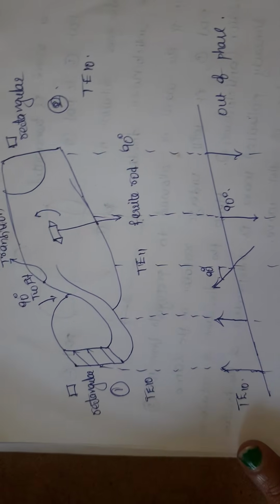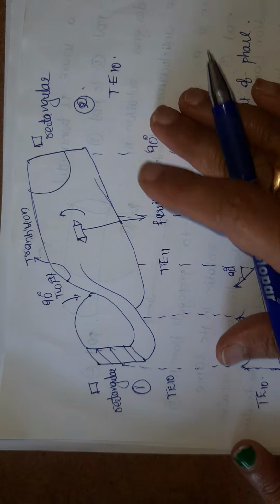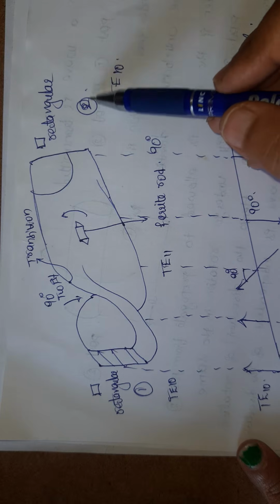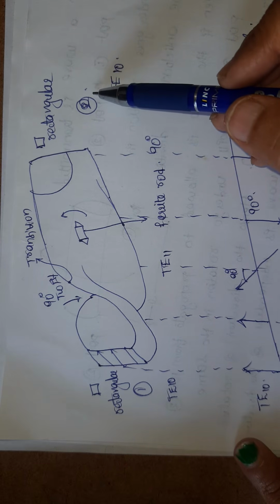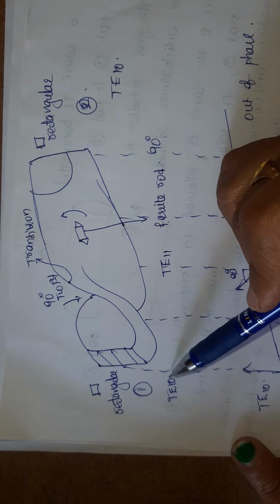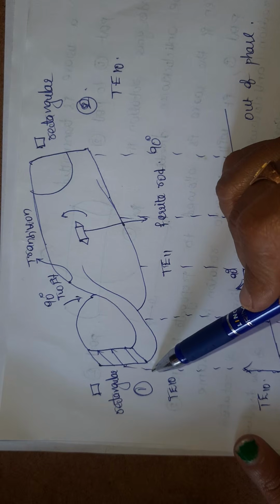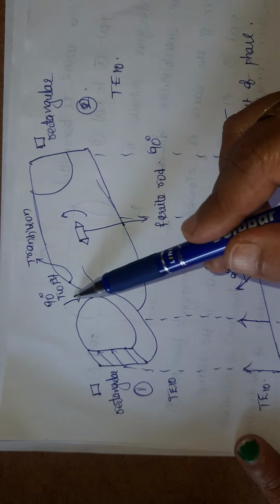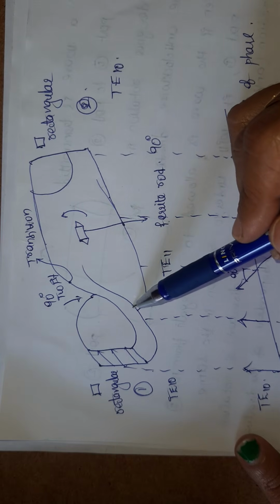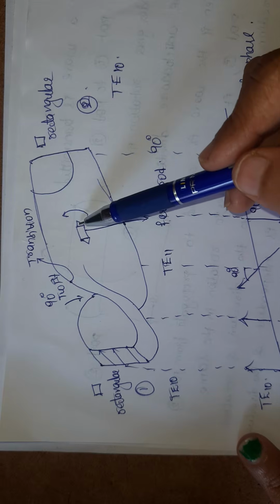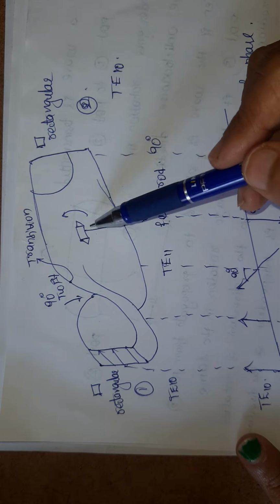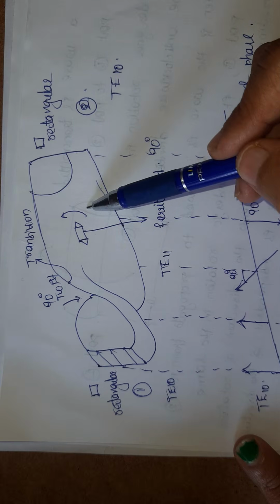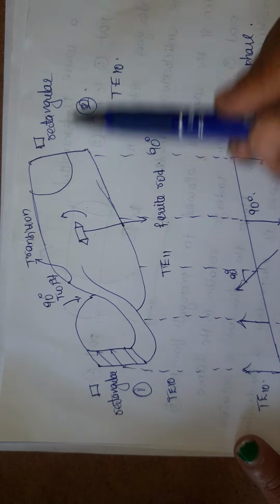So this is the diagram of the gyrator, port 1, and this is port 2. When a wave enters port 1, its plane of polarization rotates by 90 degrees because of the twist in the waveguide. So here I am having a 90 degrees shift. Next I am having a ferrite rod. Because of this ferrite rod I am having another 90 degrees. So 90 degrees plus 90 degrees, a total 180 degrees phase shift will be there.